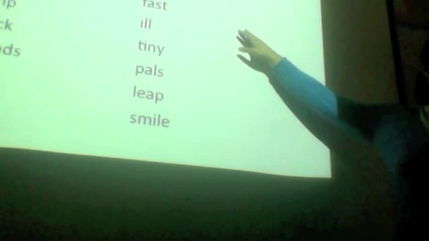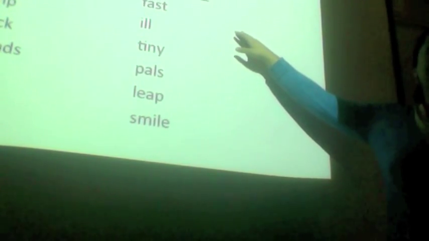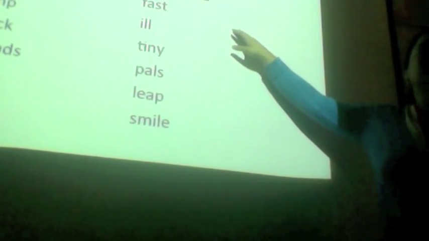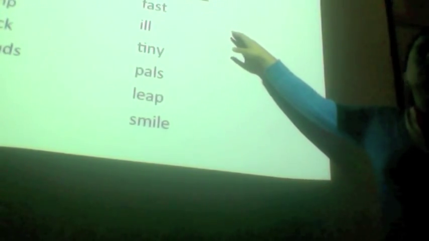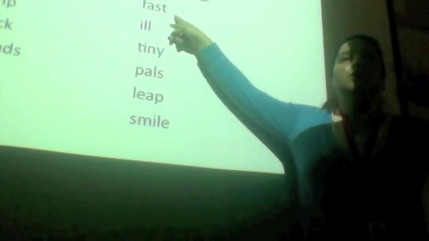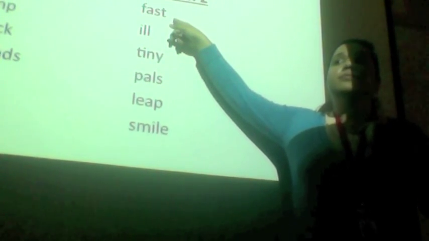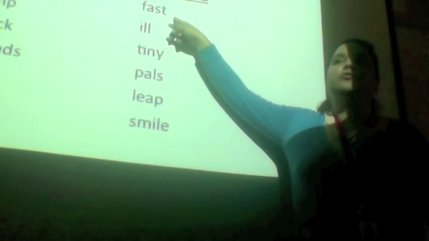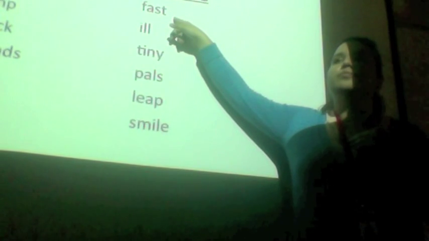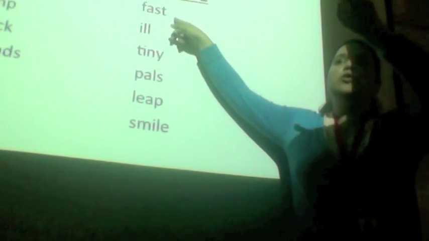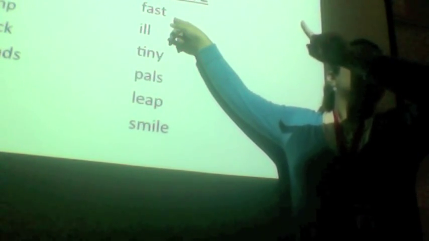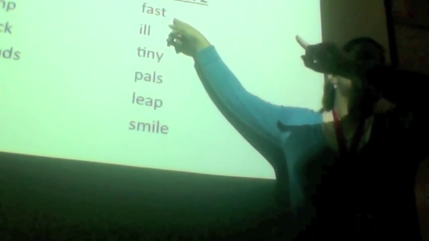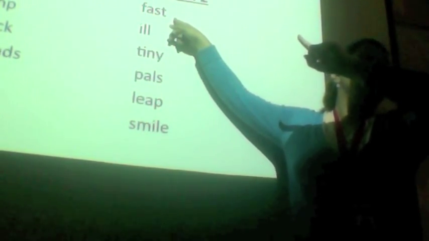Ooh, I have some people showing me. Show me your grin. Grin to your neighbor. Grin to your other neighbor. Okay. Thank you. Eyes up here, eyes and ears, please. Okay, repeat after me. Use your tracking finger. Point to the words as I point to them. You're pointing it already. Fast.